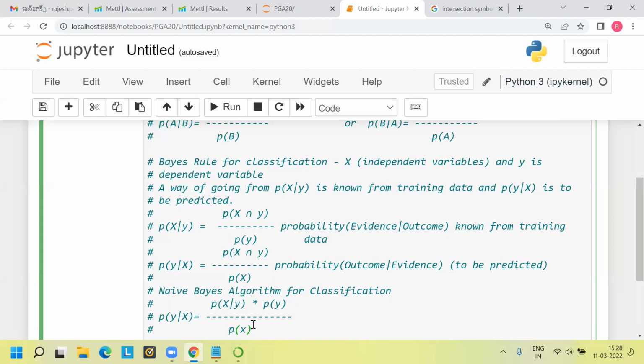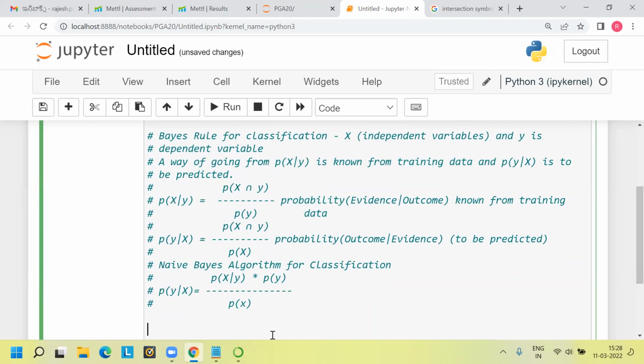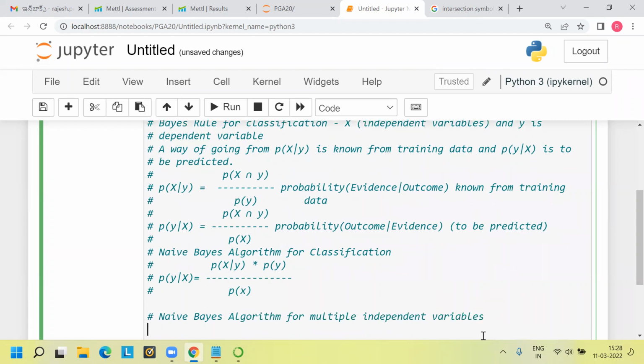All right, all of you got this? This is a scenario if you have only one independent variable. But in reality, what happens? We have multiple independent variables, right? Naive Bayes algorithm for multiple independent variables